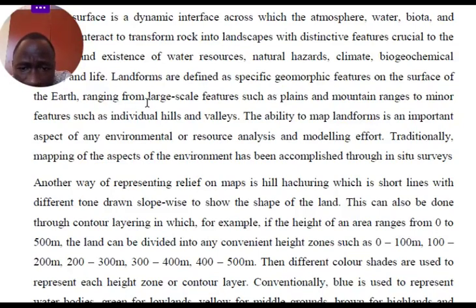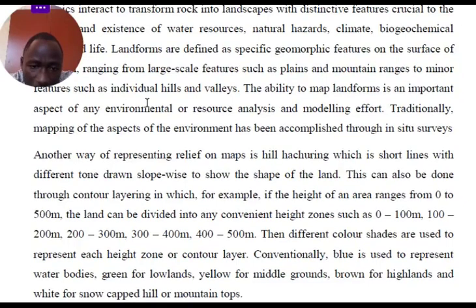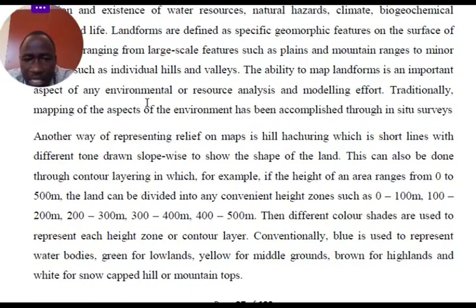And when you want to find out the heights, you may use what we call the spot height that I've been talking about, and also look at how the figures range along the contours or the spot heights. You have to view them and determine how they are spread in terms of meters or heights. They are saying that each height zone or contour layout altogether they have